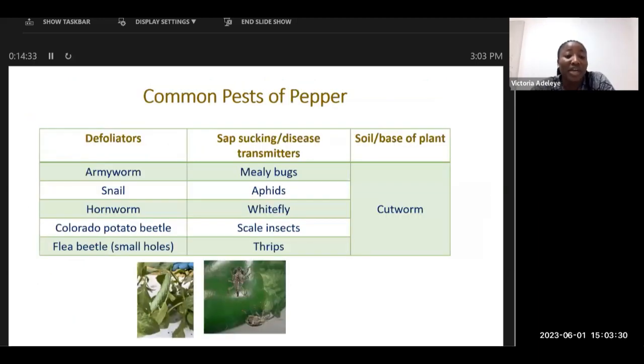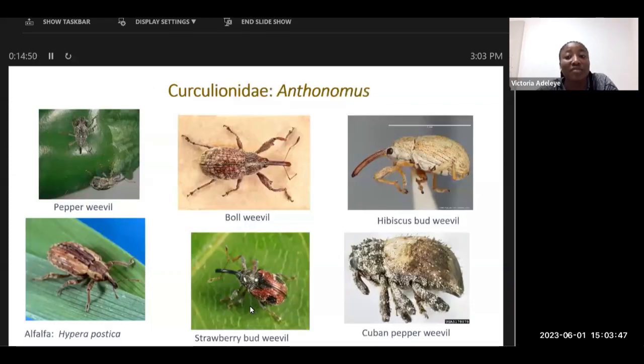So we have constraints on the level of production, which include attack by pests and diseases. All of these I have here are common pests of pepper, but the most important here is the pepper weevil because it is difficult to manage once it becomes established in the field. We also have some other